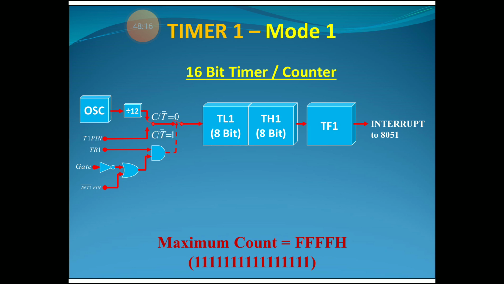Similarly, timer 1 is operated in mode 1. Here timer 1 consists of two 8-bit registers TL1 and TH1. When this timer reaches the maximum value, upon the next clock pulse, timer 1 overflows, which sets the flag TF1 in the TCON register. This flag can generate an interrupt signal to the controller. Such an interrupt is called a timer interrupt, timer 0 interrupt or timer 1 interrupt.